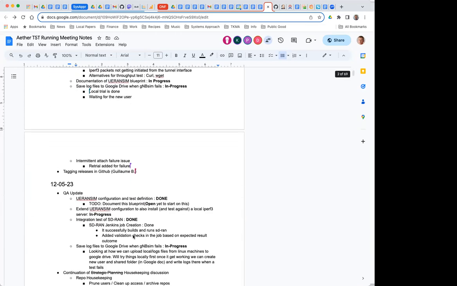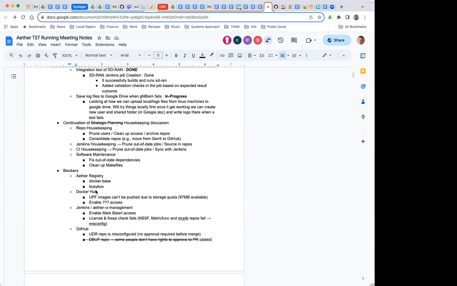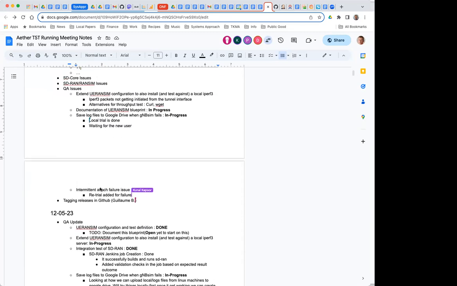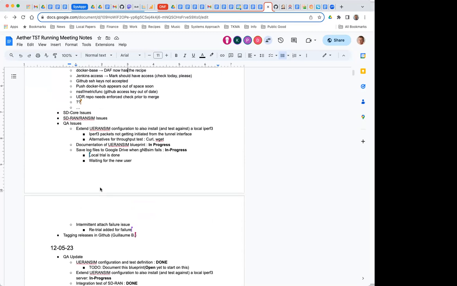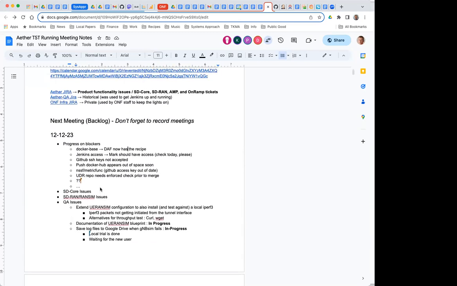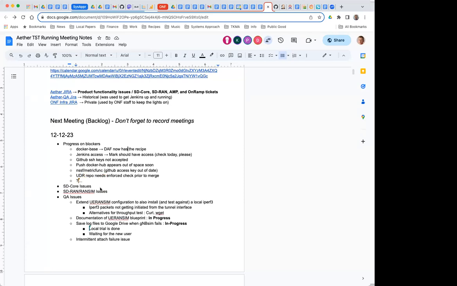I think there was a second image issue, BusyBox in the Ether registry. That one, I think, is maybe a tiny bit less high priority. One more thing in the list I see, the NSSF and the metrics fund, the issue also shows up in the SCTP-LB repo. Same issue.